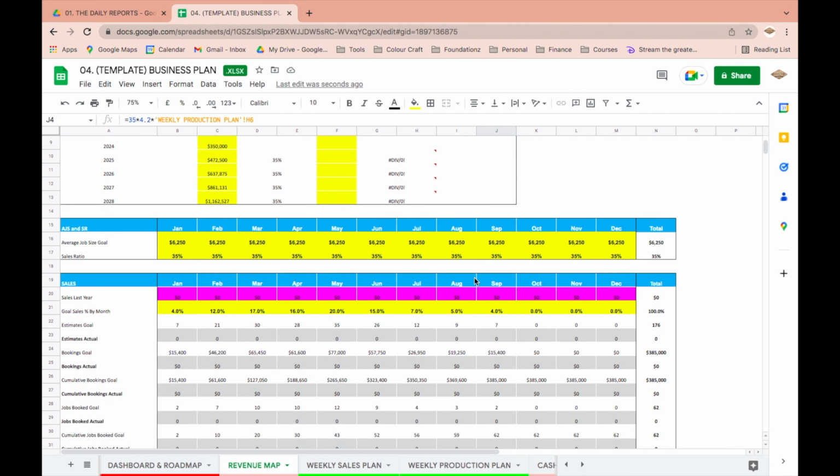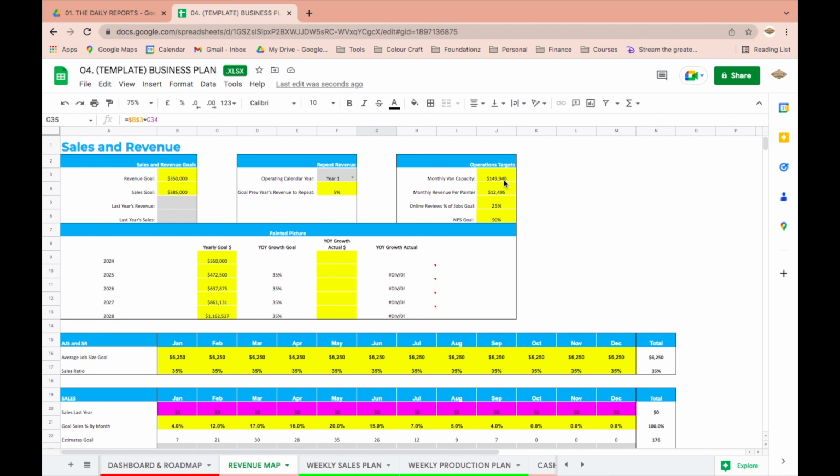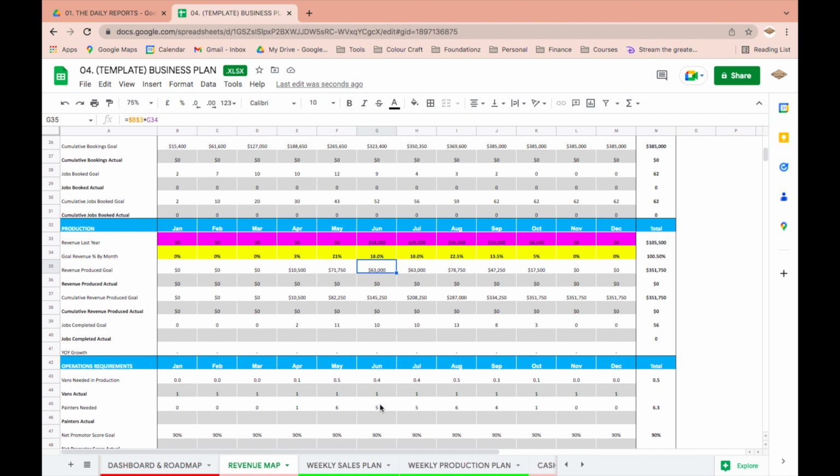So what happens down here is it takes the total that we're producing for the month, so 63,000, and it divides it by how much one painter can do in a month. So in this case, for the month of June, 5 painters can produce our business plan. So that helps us plan our capacity. We know that to hit our goal, we need to have recruited, interviewed, sourced, and effectively hired 5 A players, 5 A painters. So it's all about planning, right? That's what it is. It's a business plan. We're projecting out so that we can be proactive about absolutely everything.